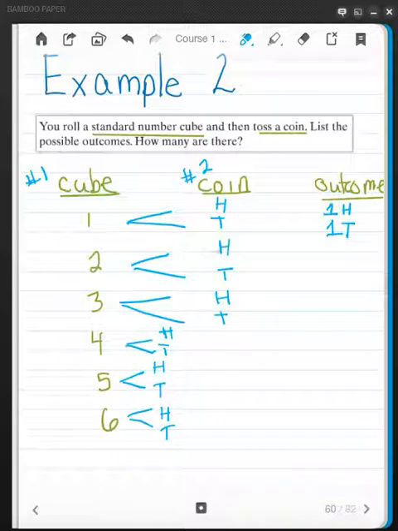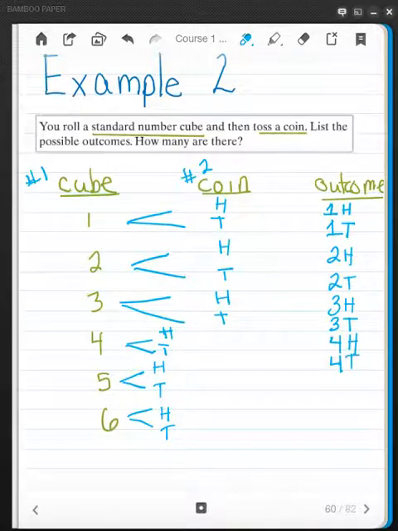Or I can get a 2 and a heads, or 2 and a tails. 3 heads, 3 tails, 4 heads or 4 tails, 5 heads,